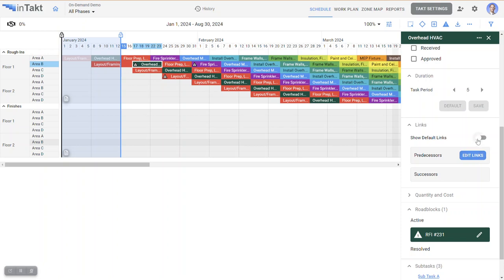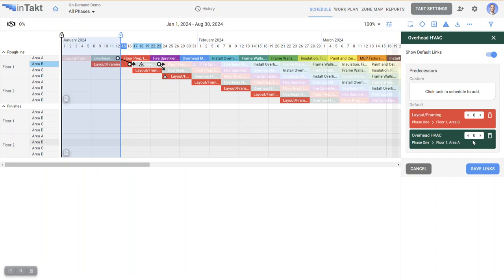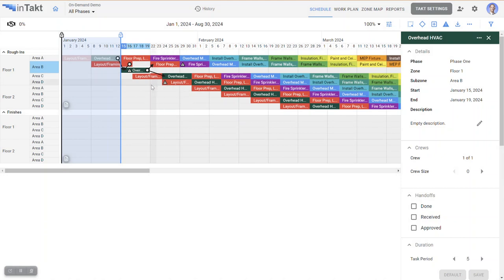So I'm going to come in here, edit these default links, and I'm going to say this task, this overhead HVAC, I'll let it overlap 2 days with that layout and framing task, and I hit save link there. And then I'll also say, all right, so I'm letting that one overlap, and